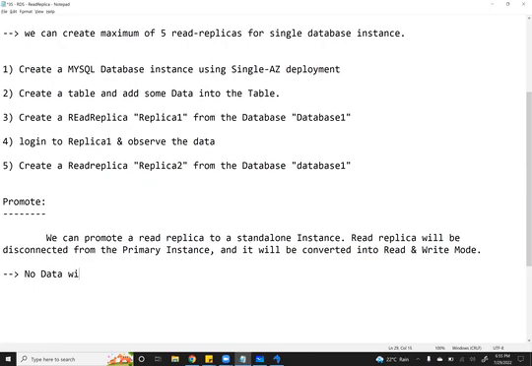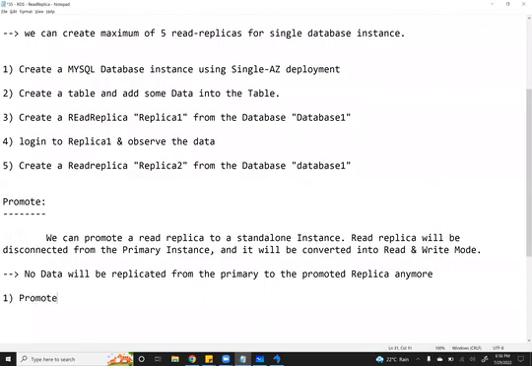No data will be replicated from the primary to the promoted replica. There will be no replication from the primary to the read replica once you promote the database. Okay. So now what we are going to do is promote